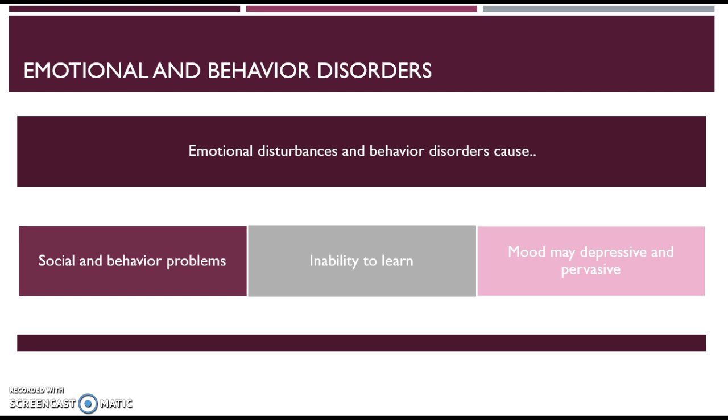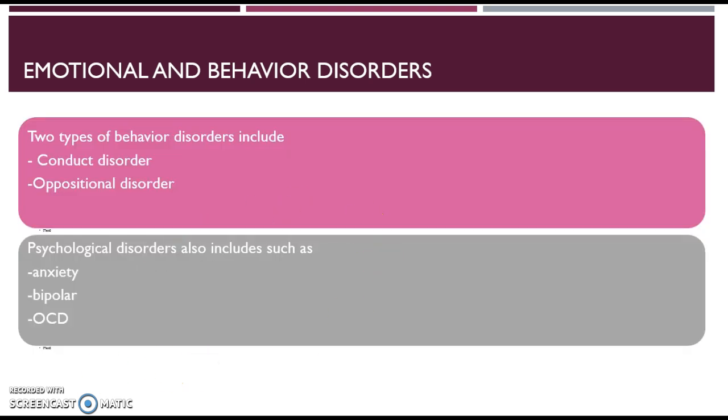And with behavior disorders, they're not considered autism or schizophrenia or depression. They're more so a struggle with behavior itself that can put other students in danger or that student. So there's two types of behavior disorders, and they are conduct disorder, which is bad behavior that is violent and aggressive and can willingly hurt other classmates or themselves. And there's the oppositional disorder, which is less violent, more so that they just do not listen to anything that is being told. Psychological disorders are also included in this type of disorder. Anxiety, bipolar, OCD, those can all be symptoms of that as well, but those are obviously treated separately.